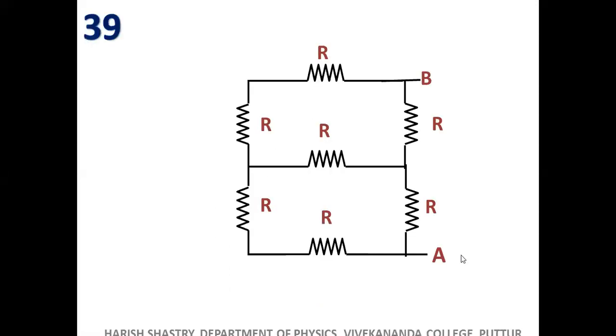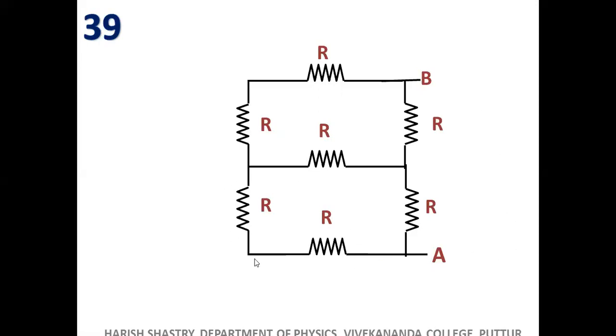Next, 39th problem. Here, again, definitely you will get a doubt that this should be a Wheatstone's network. You may be trying to see a Wheatstone's network here, but a Wheatstone's network should contain 5 resistors. There are too many resistors here. 3 here, 6, 7. But one thing is, where are A and B? Here are A and B, right? The terminal given is here. A and B are given here.